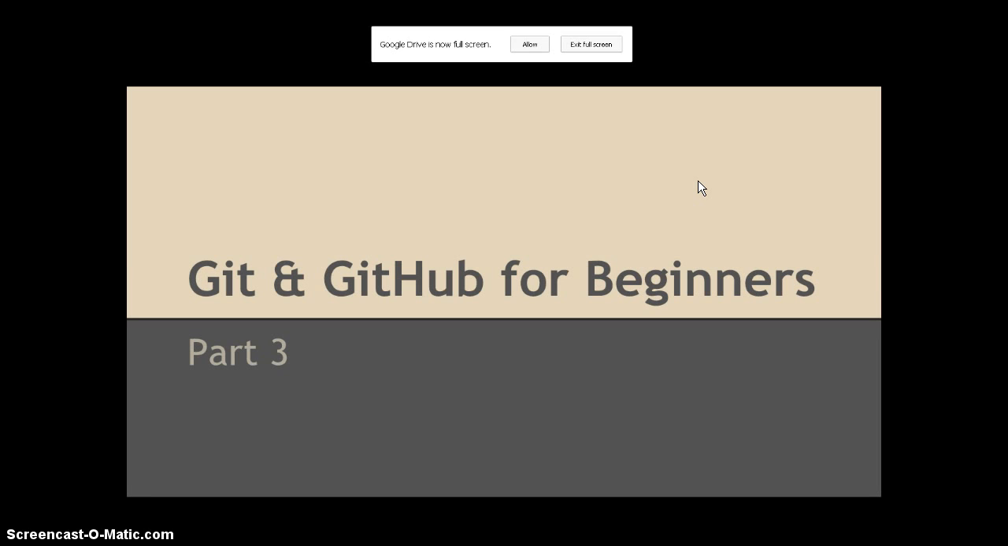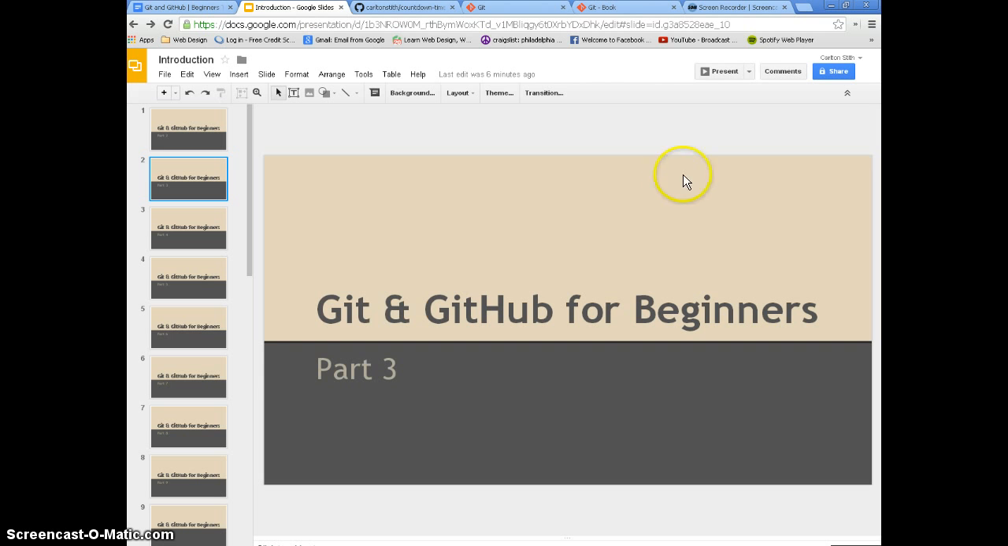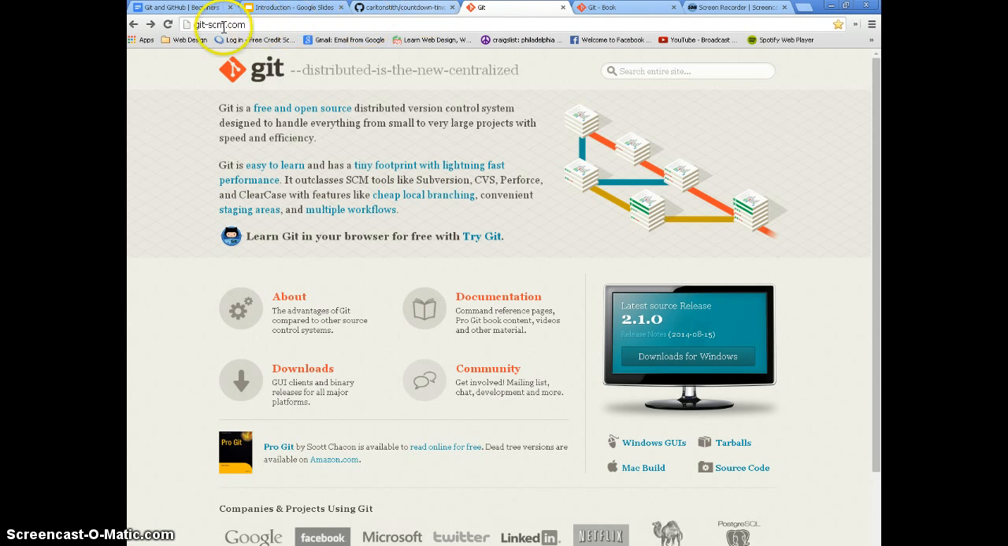So now I'm going to discuss... Okay, so in part 1, I gave you an introduction to Git and GitHub. In part 2 of my tutorials, we created our first repository. So now what we're going to do is install Git. And the way that we install Git is by going to